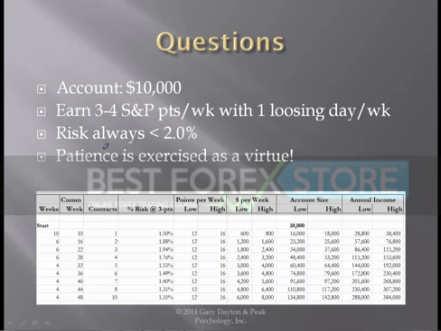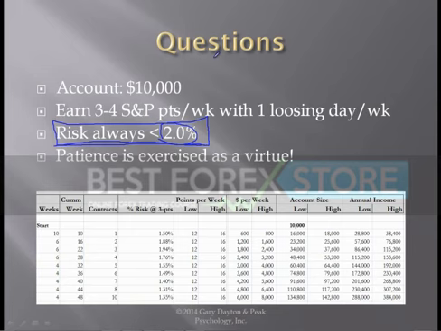All right. Risk. You always keep it at 2% or less. I see people with a $10,000 account putting on 15 contracts, or 10 contracts if their margin lets them, if their broker lets them. That's nuts. That's crazy. The reason you keep it below 2% is because you can have a string of losses, which you will on occasion, 4 or 5, 6 in a row, and you won't damage your account to the point where you can't recover.